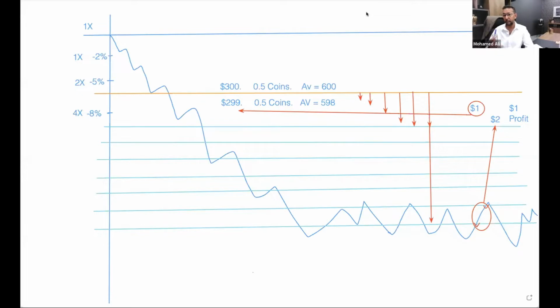Let me also come back a little bit and talk about the question: can I do it manually? Yes, obviously you can do it manually. This is made by man, and it can also be executed by man. But the problem is, in my account, for example, I have 19 coins trading. Can you look at 19 charts at the same time, every second, and analyze at the same time and buy and sell multiple times? No, you cannot do that. That's how artificial intelligence and technology are helping us save time. Now I don't have to be in front of the screen. I'm not a trader. Maybe Coach knows trading much more than me, but I'm mathematical. I know that it can't be done.